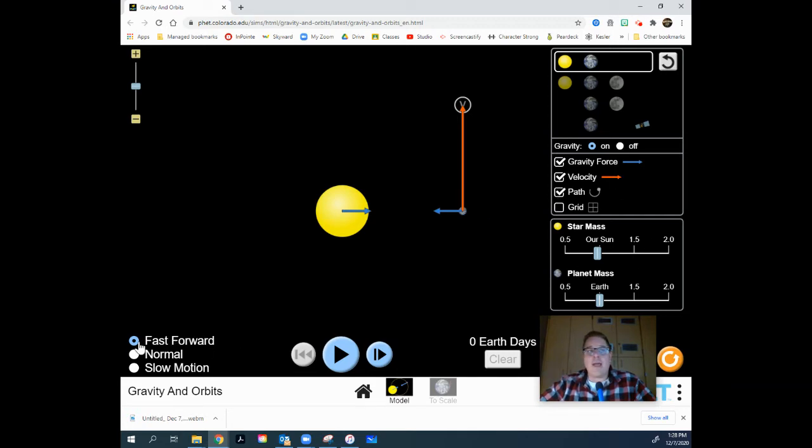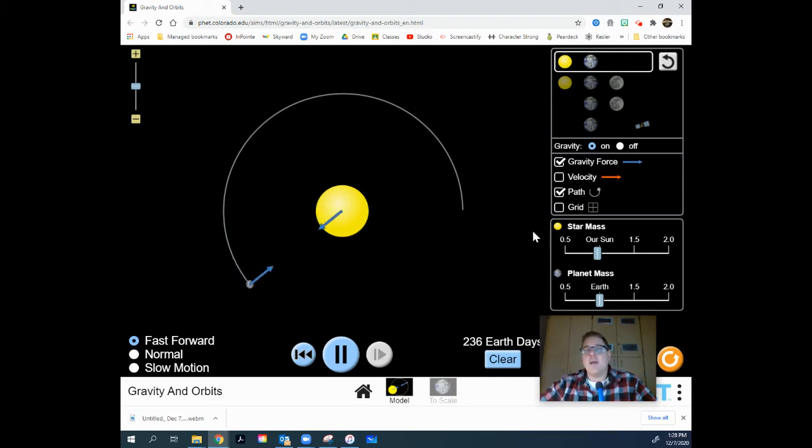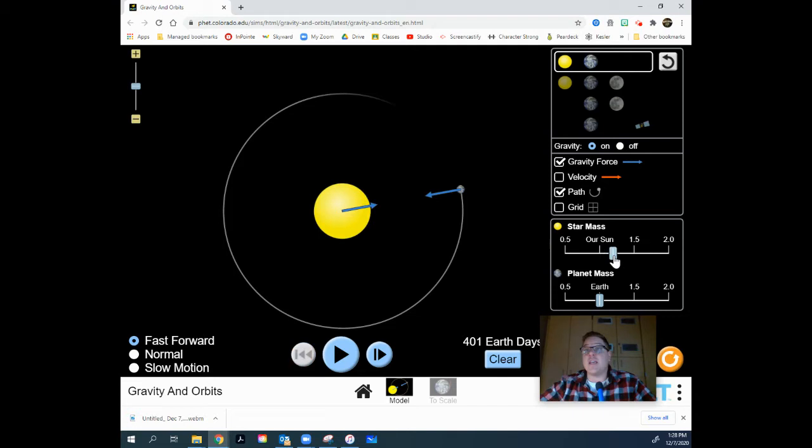Well, if I make one path at fast forward, I'm going to take away my velocity. I'm going to hit play. We could see that the earth takes a pretty circular orbit, just like it's doing right now with our sun. But after one orbit or one revolution around, 365 days, if I move this thing to 1.5 times and the gravity increases and the sun's larger now,